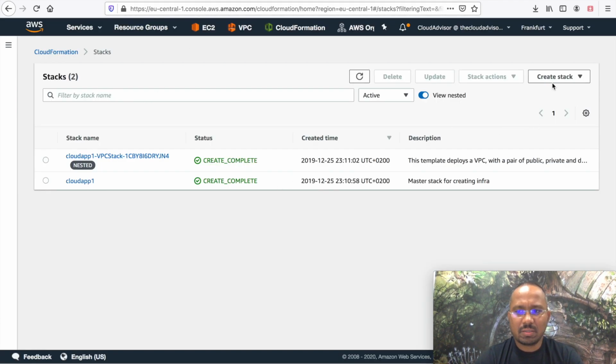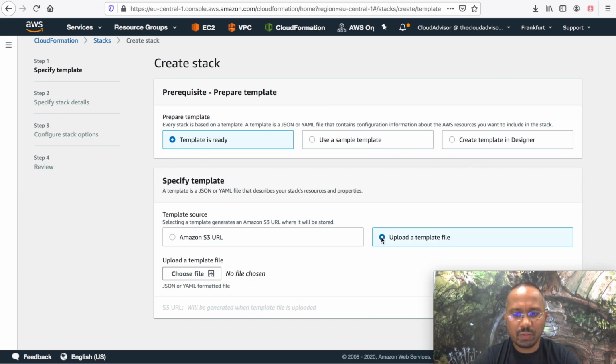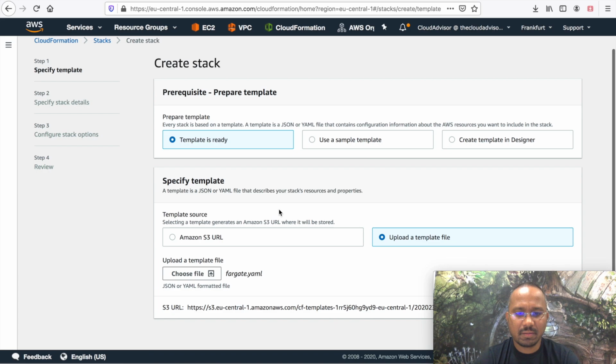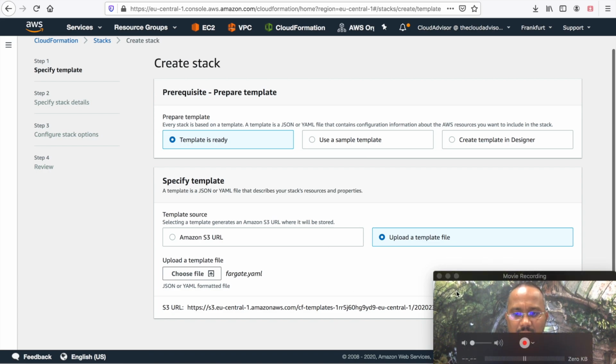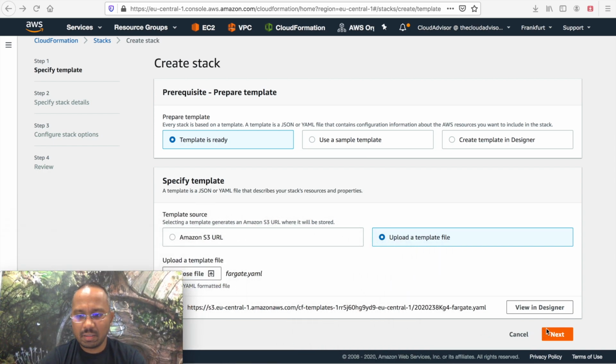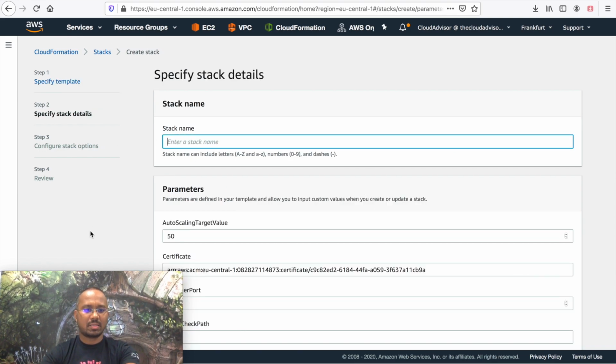So let me close this, and to deploy we are going to use the AWS CloudFormation dashboard. Here the template is ready, and we need to upload it. So choose the file, Fargate, and okay, let me bring it here, then next. Then we need a stack name, so let's give it Fargate